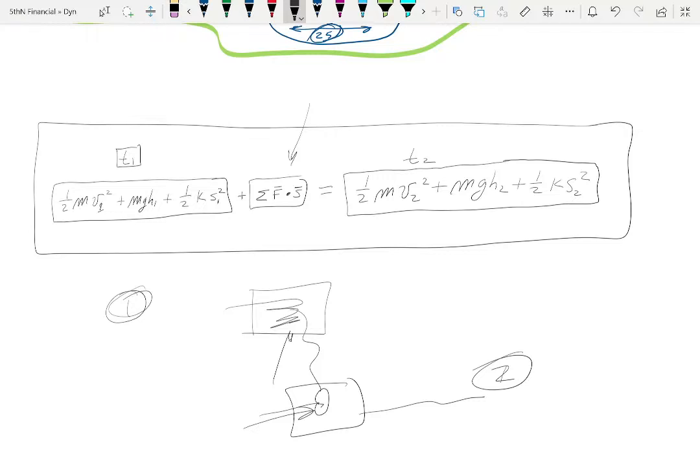Same concept. Maybe a few different terms because it's not going to necessarily be that term. But the same concept. When you add energy from 1 to 2, that means this energy at state 2 is slightly higher than energy at state 1. If you start taking energy out of it,